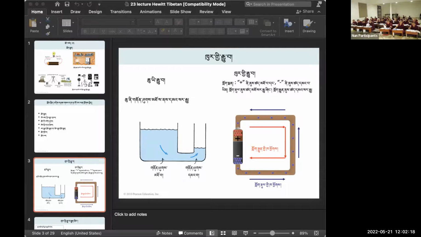One is water current and the other one is charge current. Yeah, charge. I'm just pulling up that particular slideshow because I ended up closing it as we were going through other things. Okay, so does this on the left make sense with the water? If the water is at two different heights here, you would expect this water to flow down until these two